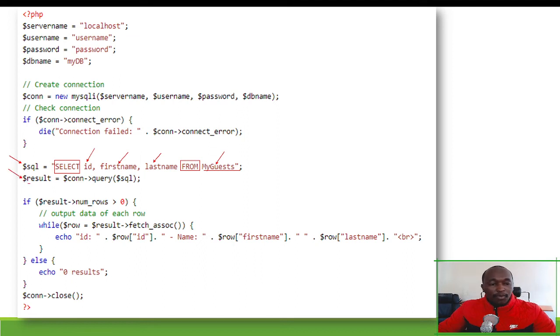We also save the query in some variable, for example, results. And we execute the query just like we've done with all the others. So the connection, then arrow, then query, like that. Then we pass it. Now, after we've done that, we need to check. Now, this is the third step. We need to check whether